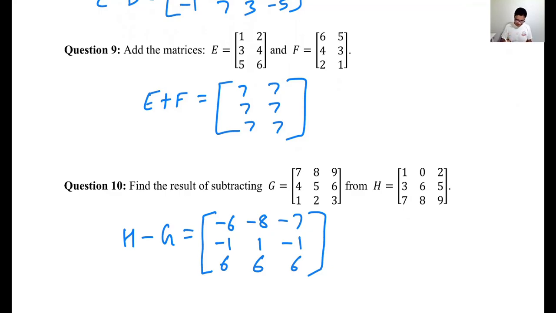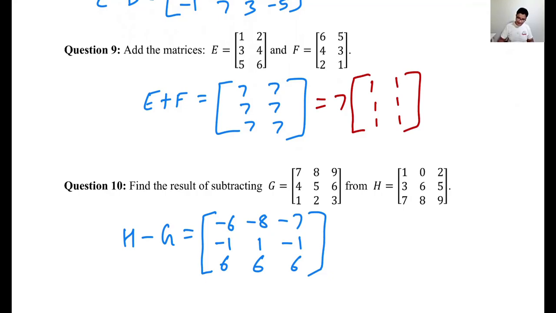The interesting thing about the results we got here is in question 9, the matrix you have, you can pull that 7 out of the matrix, which is a scalar multiplication operation. If an entire matrix is multiplied by a number, then that number multiplies every entry inside the matrix. So for example, if I were to multiply by 7 a matrix which has 1 1 1, 1 1 1 like that,